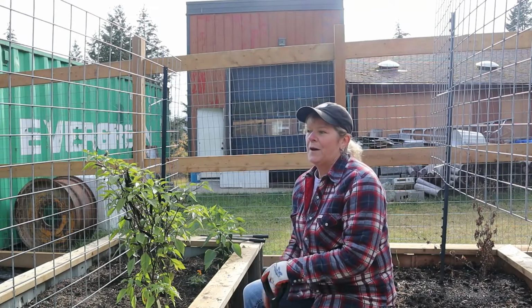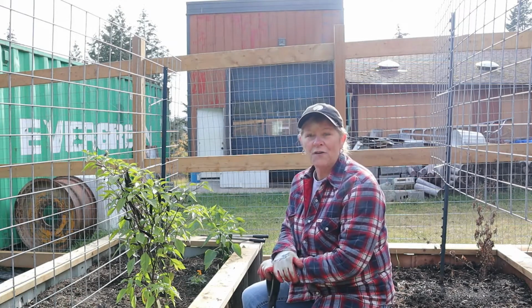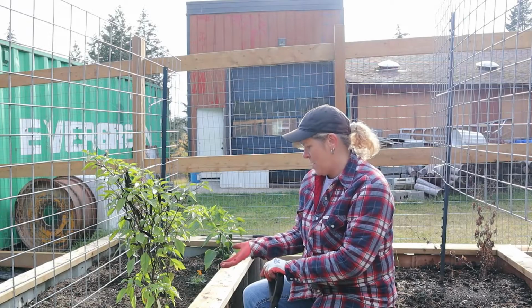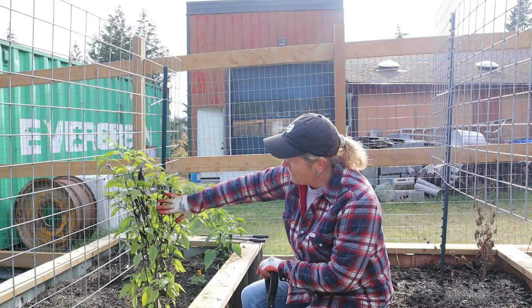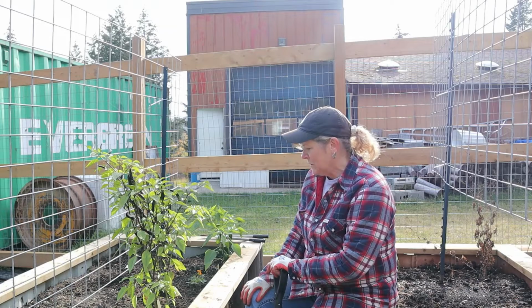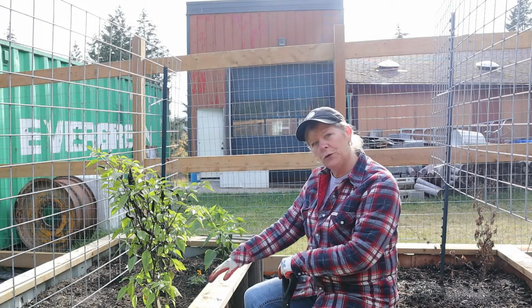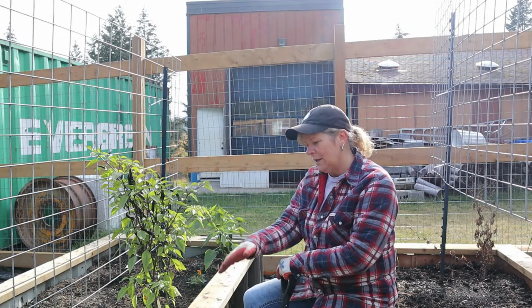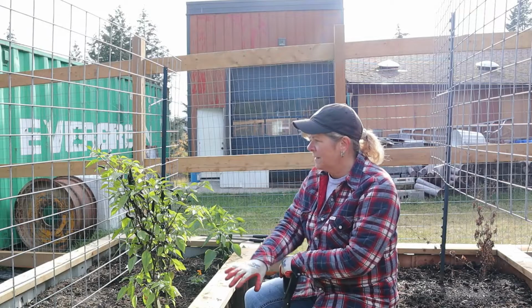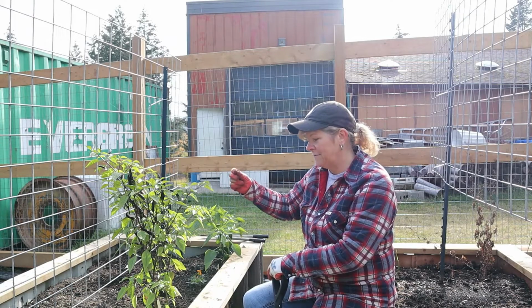They will love it. Okay, so I'm at the very end of what I'm doing, cleaning up, getting everything that's frost tender out of the garden. This is my cayenne pepper, and I haven't picked one cayenne pepper off of here yet. What I'm going to do is dig this cayenne pepper up and put the root ball into this paper bag. Then I'm going to take this into the house, turn it upside down and hang it upside down until it finishes,